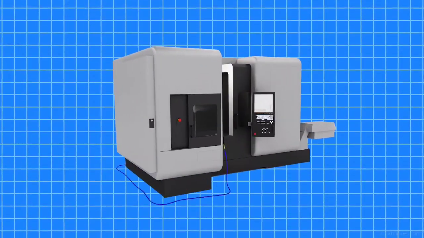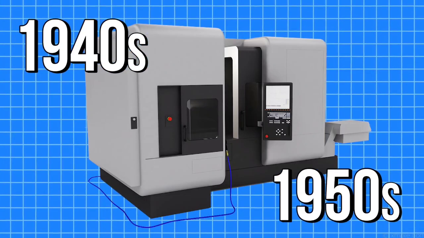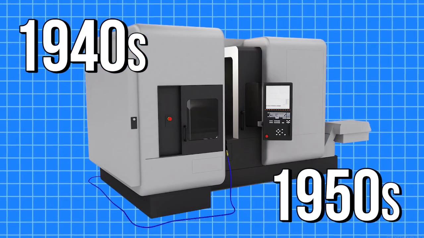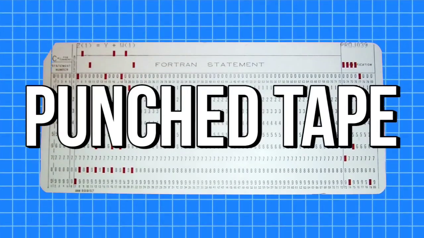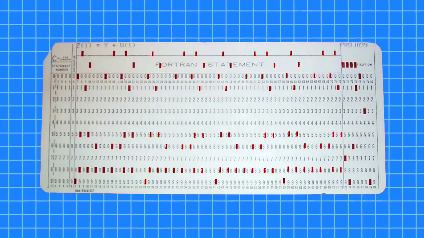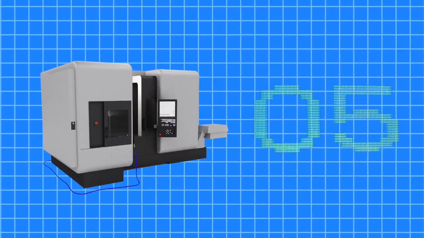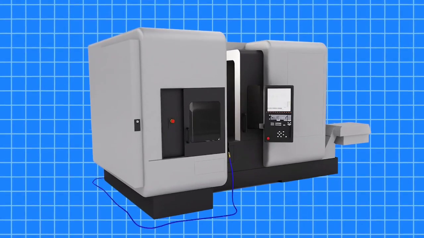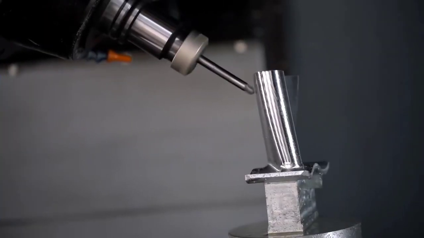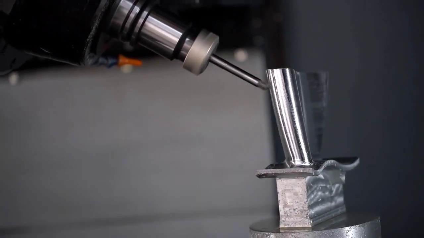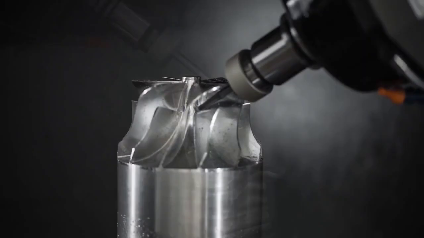The first CNC machines were developed in the 1940s and 50s and relied primarily on a data storage technique known as punched tape. The code to control the machines would be manually punched into a data card and fed into a system that would then interpret the data. Needless to say, these early machines were rudimentary and their functionality was limited. CNC machining technologies rapidly grew as technological capability only accelerated in the late 20th century,